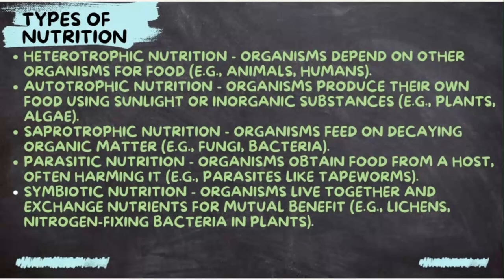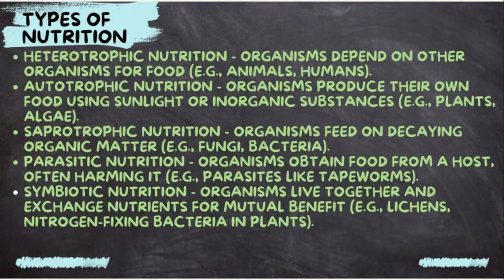And parasitic nutrition, it literally means that they obtain their food from a host, usually causing harm. An example is parasites like tapeworms, but even thinking about a virus, it causes harm as well, right? And then we have symbiotic nutrition, where they live together and exchange nutrients, right? So